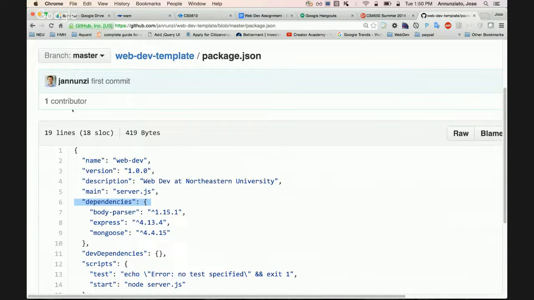So you would say npm, Node package manager, install, then the library. That's all I need locally. This will go off, connect to the npm server, download the Express library and install it locally on my machine, copying it to a particular directory.